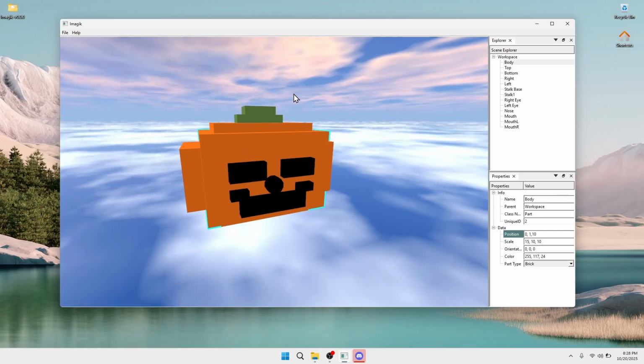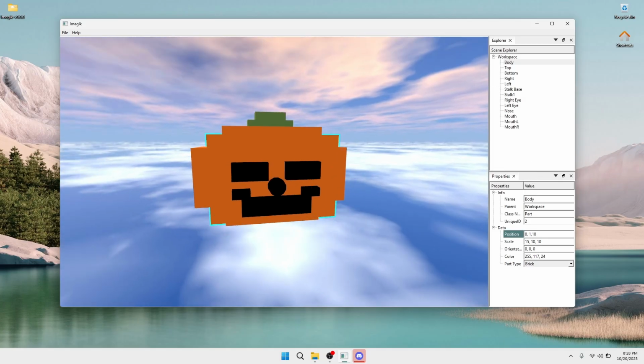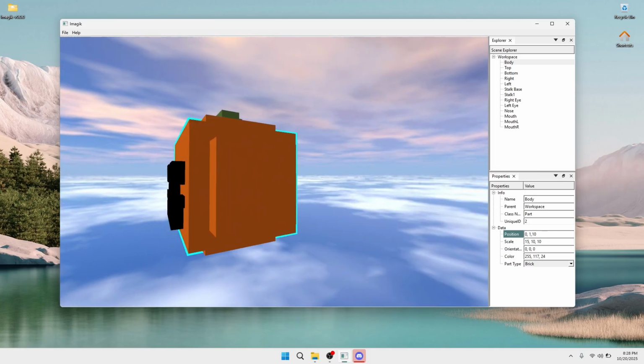And that is the basics of using this editor. With this, you can do a lot of things,